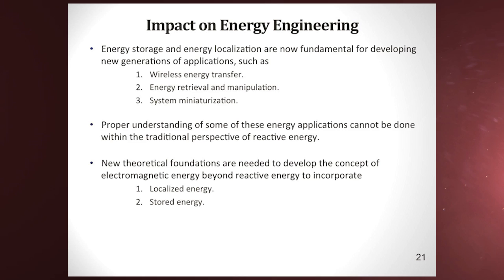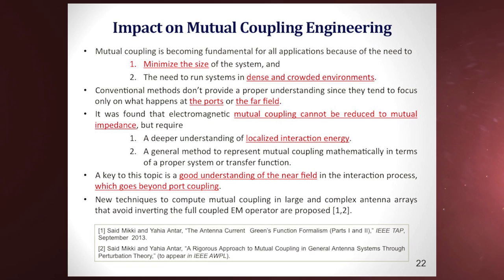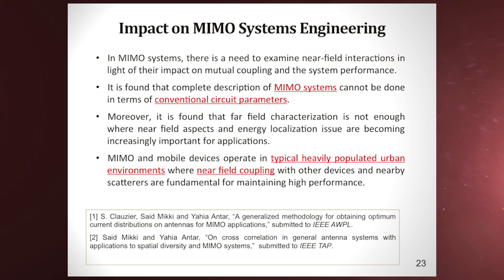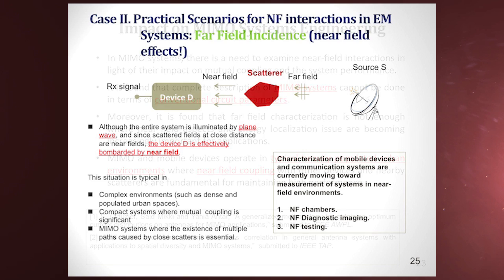And that depends on the antenna configuration and so on. Mutual coupling, the same thing. This is an important consideration there, and the crowding of the environment. So we can't really rely on ports and far field concepts to describe what is happening in the near field. And that is where an understanding of this is important. I said impact on MIMO systems, and I'll show an example in there. We basically show that in designing a MIMO system, you have to go beyond the circuit parameters and the S21 to characterize systems and so on.